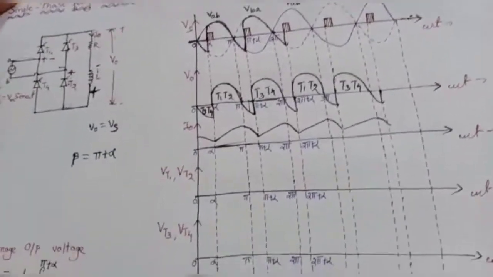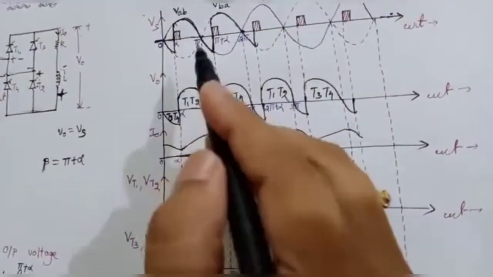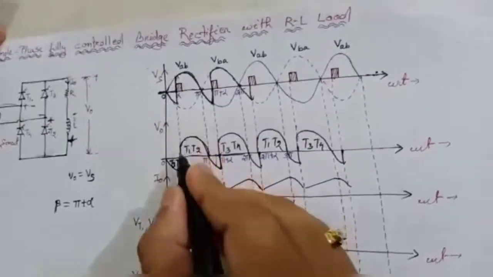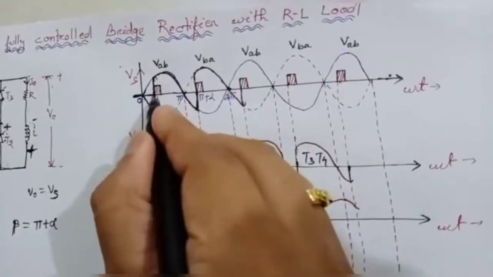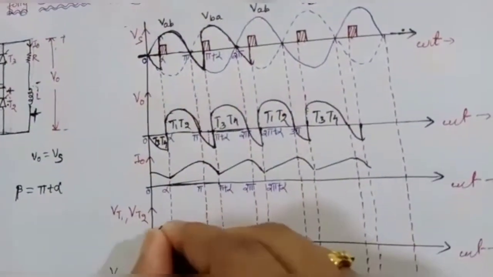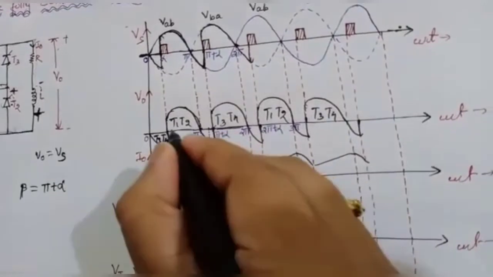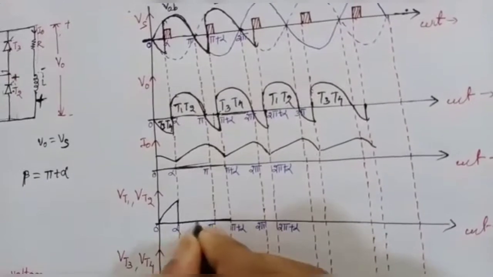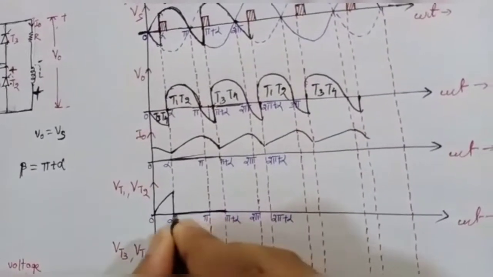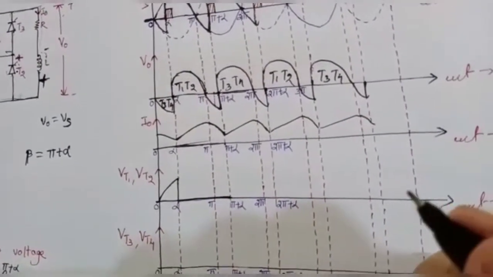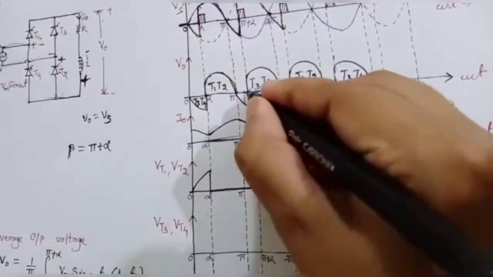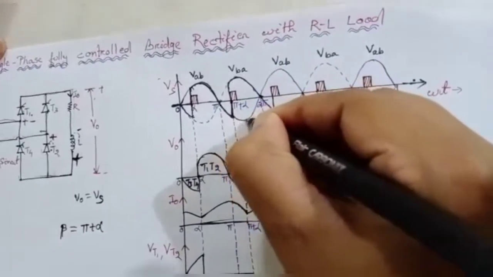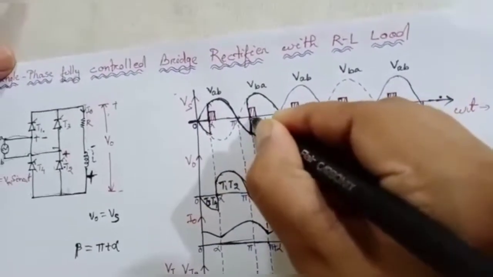Then voltage across the thyristors. So obviously when thyristors are in off condition, or here T1, T2 is conducting at alpha. So before alpha, it is in forward blocking mode. Then from alpha to pi plus alpha, it is conducting. Conducting means voltage is 0, because one device is conducting means it is short circuited, so voltage is 0. Then at pi plus alpha, T1, T2 is off. So when T1, T2 is off, this much of negative voltage will appear across the device. It is a reverse blocking